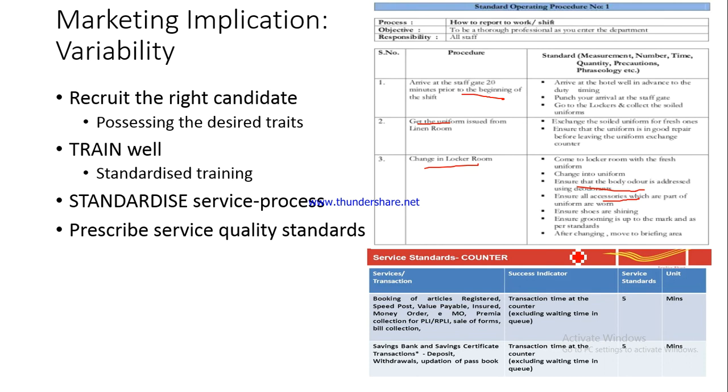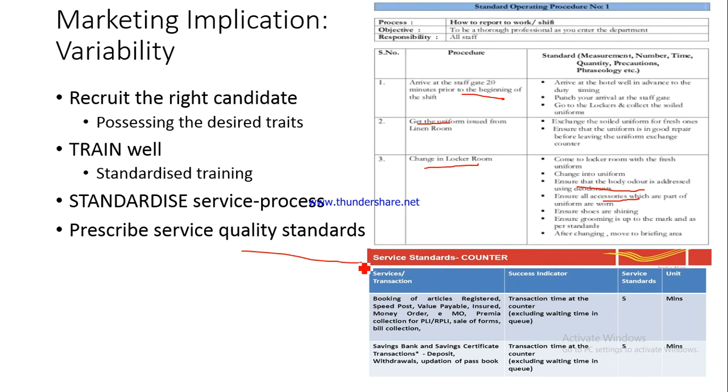Then you can also prescribe service quality standards. What do we mean by them? What is the difference between the third and the fourth point? Service quality standard means how fast, for example, you have to provide the service, how quick the service has to be provided, right? Now let me give you an example of what happens when you go to an Indian